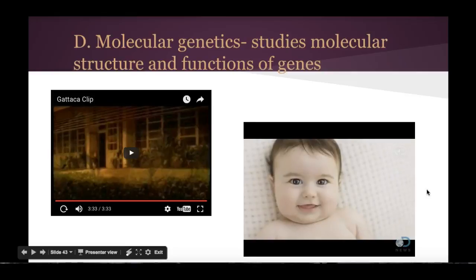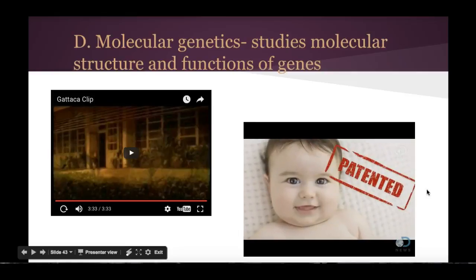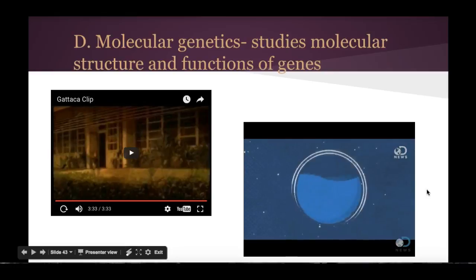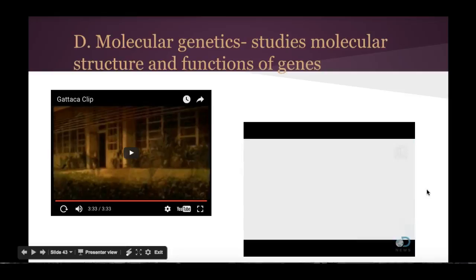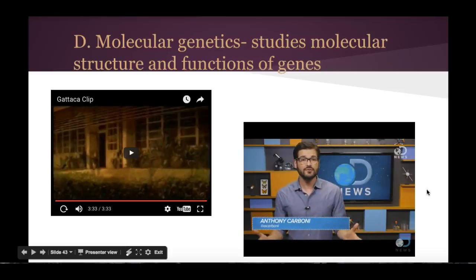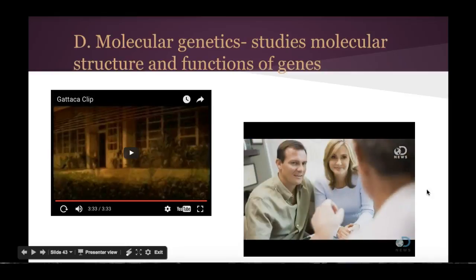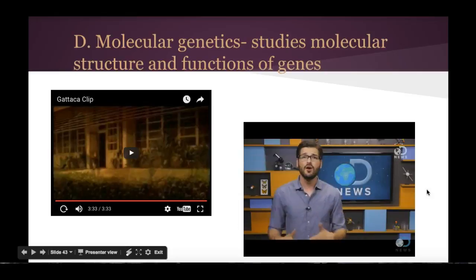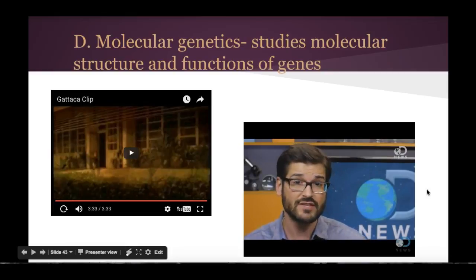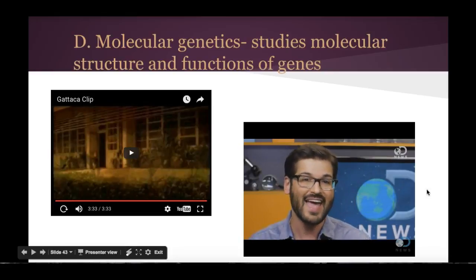Oh, it's because 23andMe just got a patent on designer babies. Anthony here for T-News, and depending on who you talk to, designer genetics are the future. You get to pick and choose the best possible traits for your child. And it sounds wonderful, but there's a great deal of debate about the ethical concerns behind designer babies. Who would own the technology? What happens to people who can't afford to make their baby as perfect as other families can? Well, it's caused so much of a stir that it's already been made illegal in the UK and Canada.